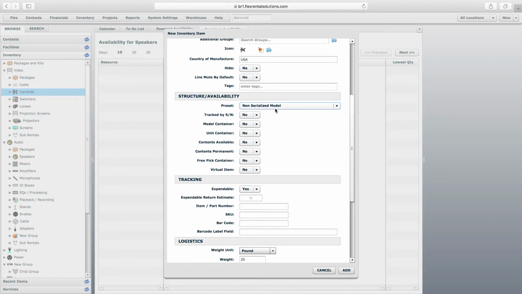Finally, let's look at the structure and availability settings. We'll talk about what all of these mean. We're not going to get into detail about some of the virtual and package type items, but we do want to fully explain what a non-serialized model is versus a serialized model. A non-serialized model is going to be something that might deal with just generic quantities. Examples of this might be cabling. So if I have VGA cable, I don't necessarily want to put a unique barcode on each and every cable